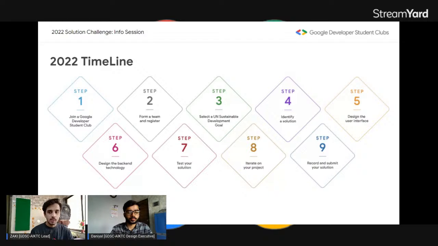There were a lot of steps, and I can feel from your faces how many steps there were. So now coming up next, now you have got to know how you need to start your journey. Next, let's see the judging criteria on the basis of which the judges are going to judge your project. So judging criteria are divided into two categories. The first category is impact judging, and the second category is technology judging.